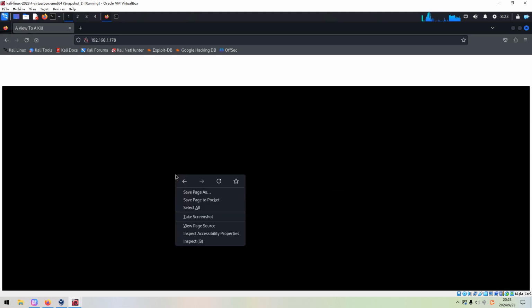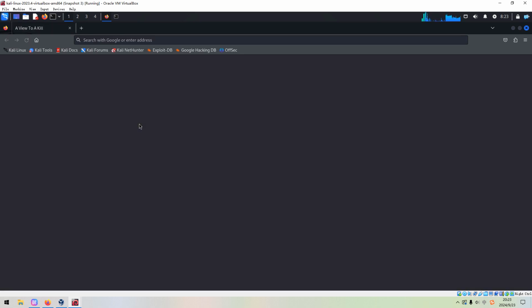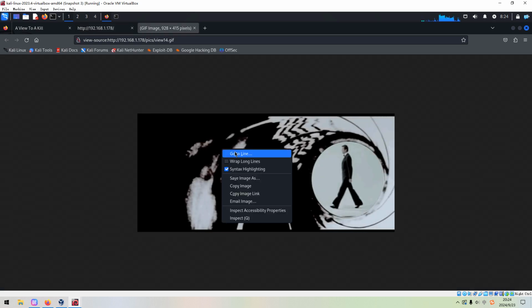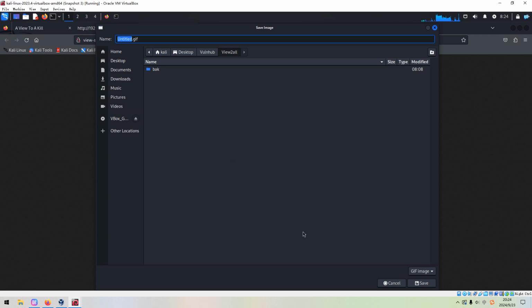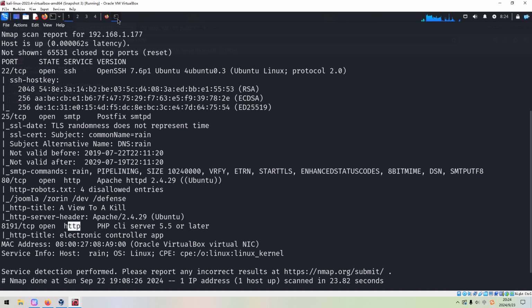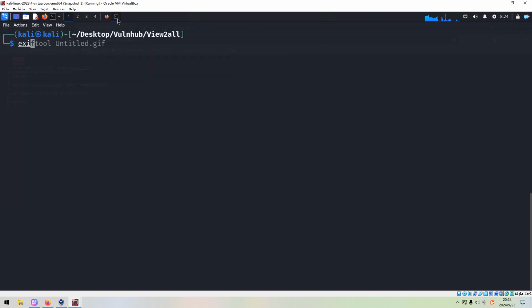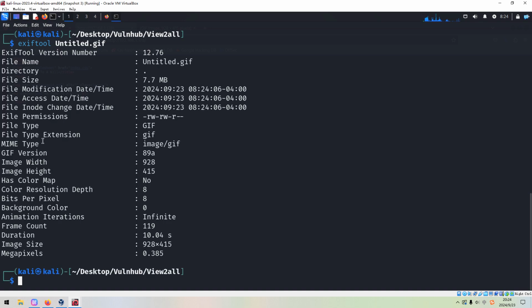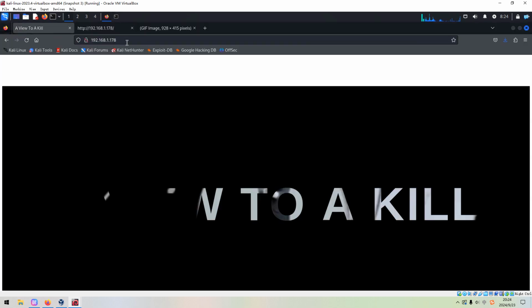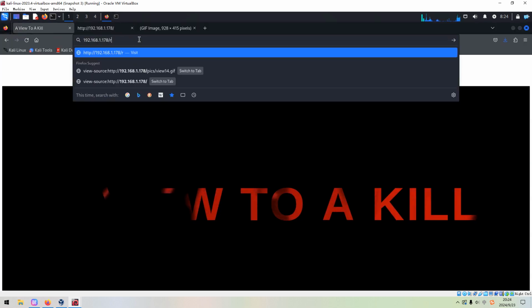And I think we can check its source code and we can open up this GIF picture and download this picture to our Kali Linux. The source code itself cannot reveal anything else. So before we go ahead, I'd like to check whether this image, this GIF, has something hidden by looking at the metadata, okay? But nothing interesting we can get. So let's move forward. Next, we need to check whether this site has a robots file or not.